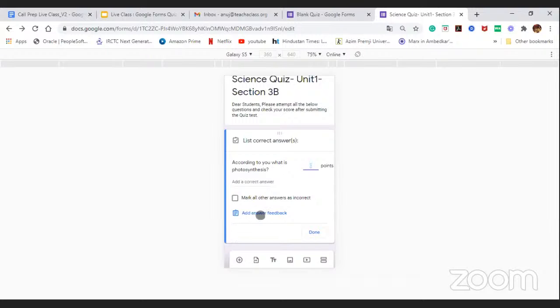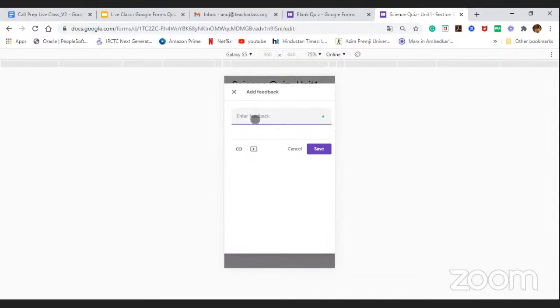What you can do is add answer feedback. So please click on add answer feedback, which is on the bottom side. Please click on it. And here you can add your feedback. In feedback, you can mention something like, dear student, thanks for attempting the question. Or you can type your